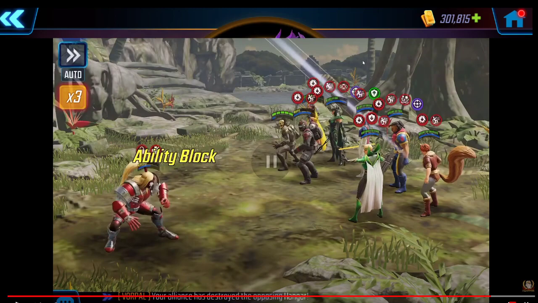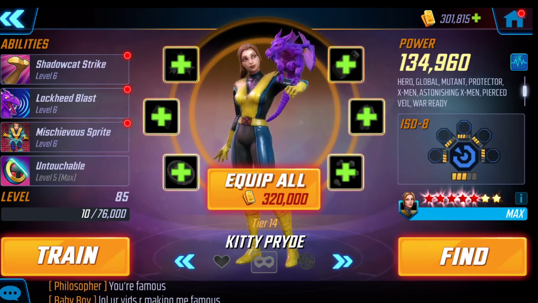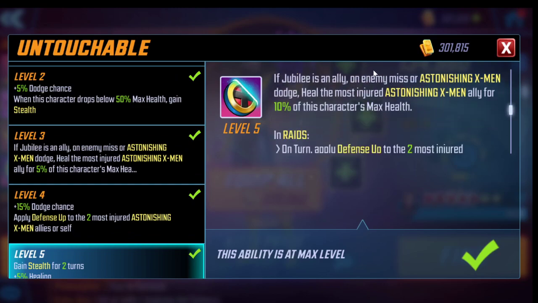Boom. Okay, so there's the run. The run is over without Kitty Pryde. And so what happened here was a couple things. What I'm going to do is give you an example so you can see how it works for my team with Kitty Pryde. So what was happening there is,